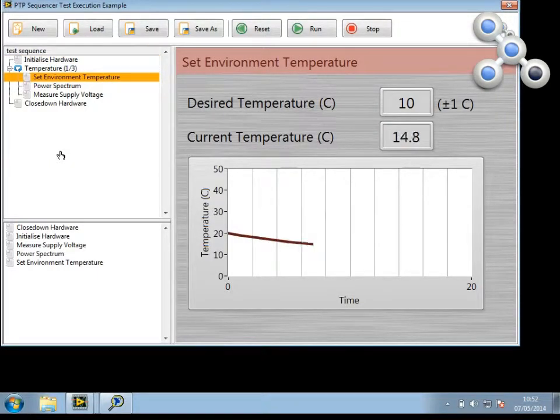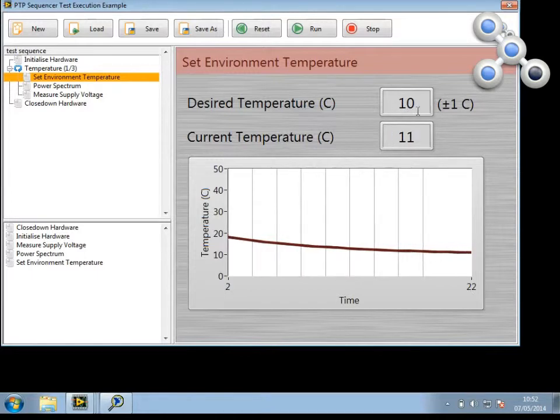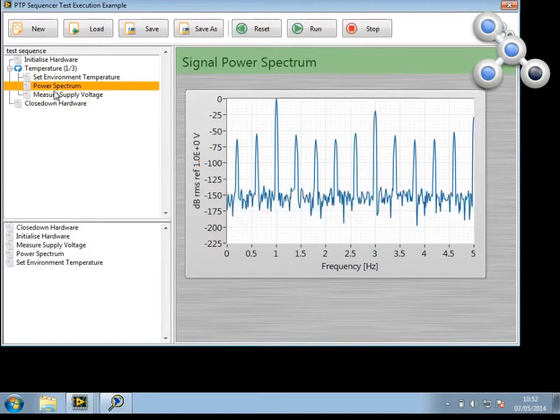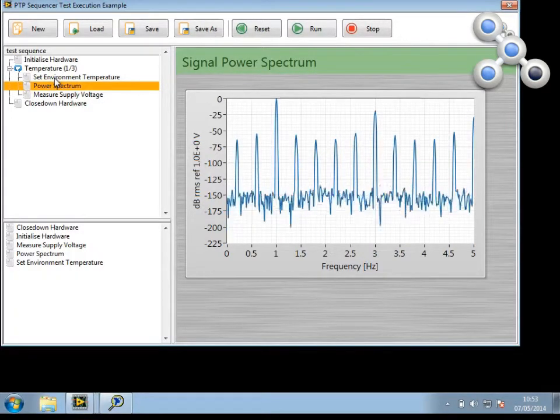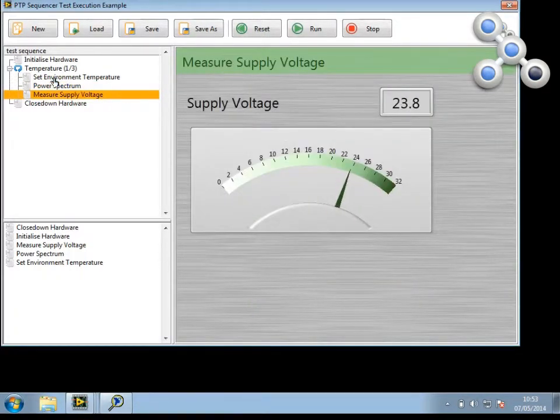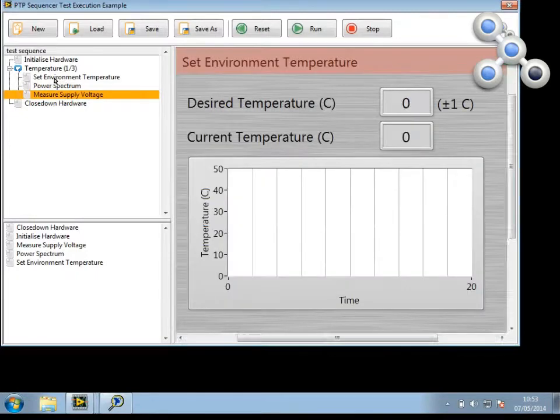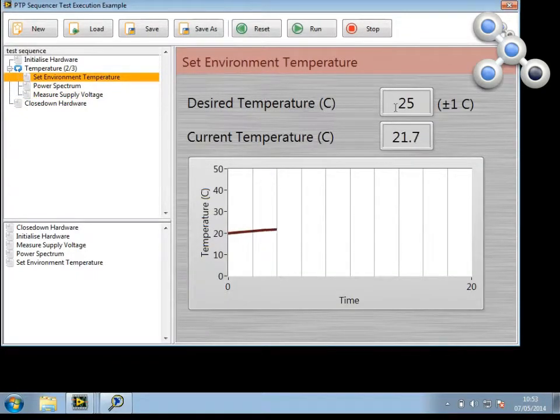And something that's also used here is the arrayed data values. So this test is running to 10 degrees C, and when this loop iterates round, we can see that the set environment temperature test will actually aim for a different temperature. So we come back around, and now it's aiming for 25 degrees C. And that's following the use of built-in